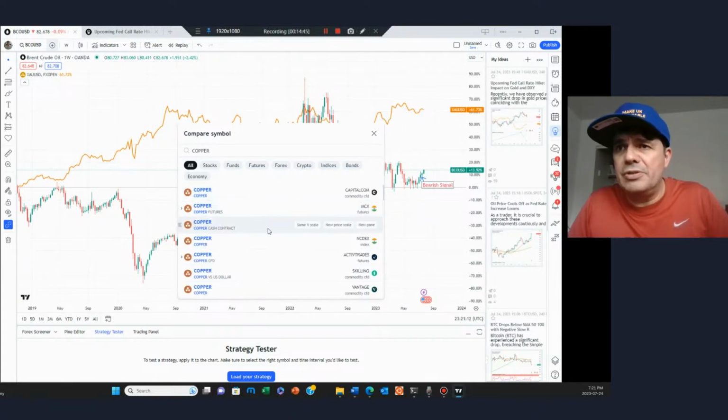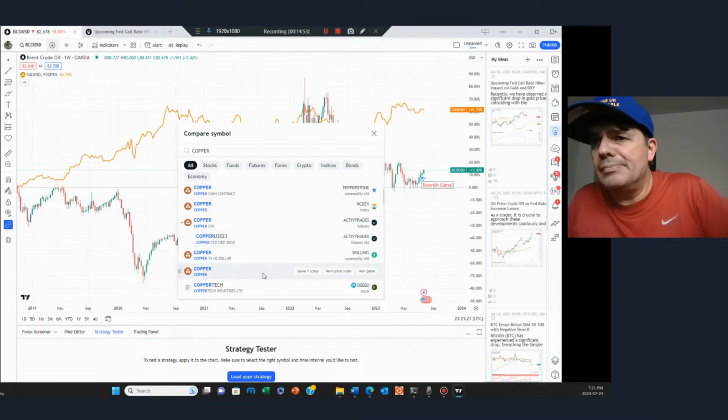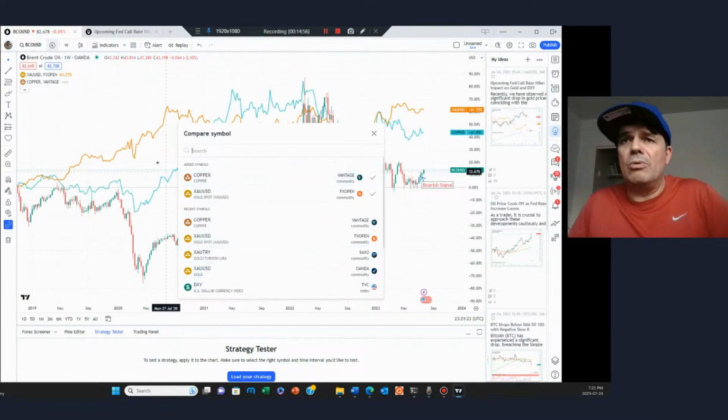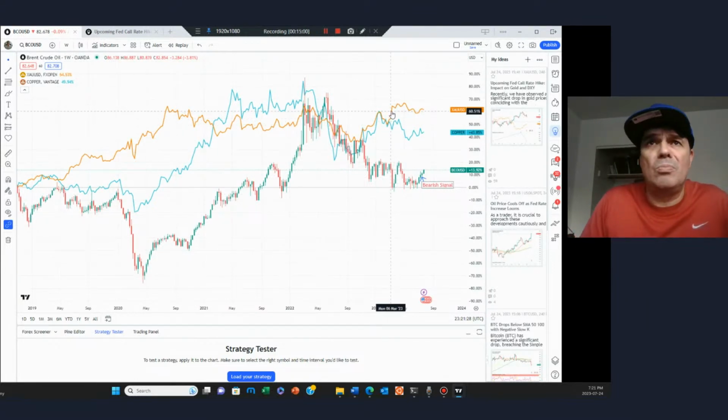Copper futures, cash copper. Let me try this one here. Do that one. So you can see here there's an indirect relationship with